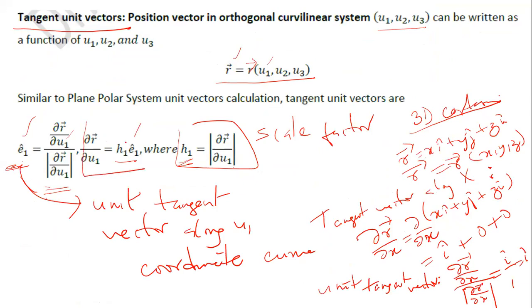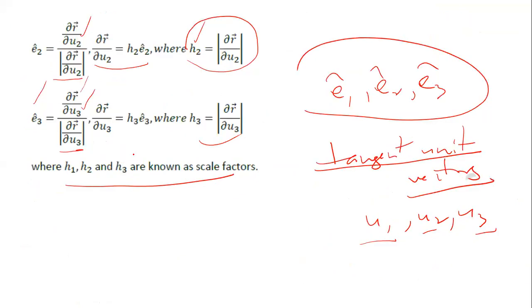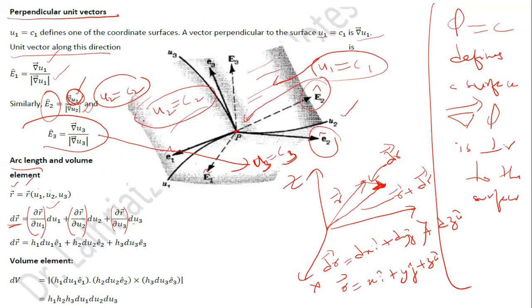Del r upon del u1 is equal to h1 into e1 cap. E1 is a tangential unit vector. Del r upon del u2 is h2 into e2 cap. E2 is the tangential unit vector. And similarly, del r upon del u3 is h3 into e3 cap. This we have discussed. So if you just put that h1 into e1, h2 into e2, h3 into e3,